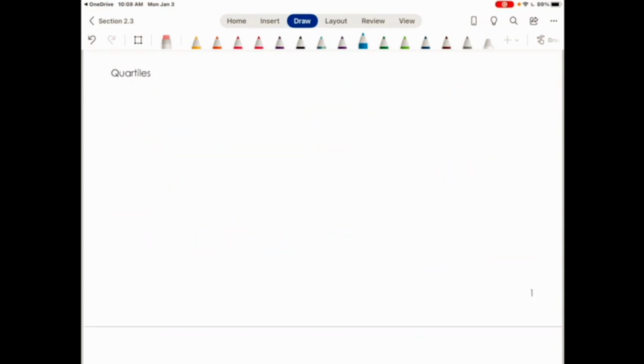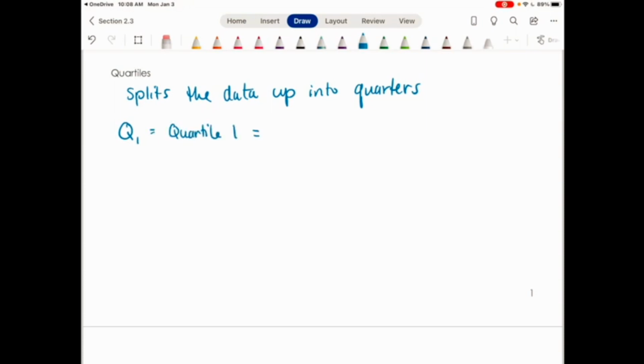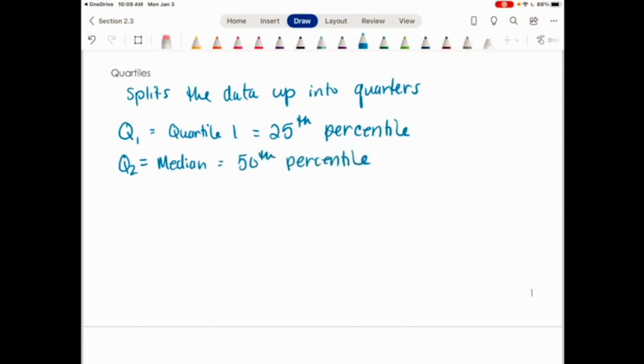The quartiles split the data values up into quarters. So we have notation that looks like this, which represents quartile 1, which is also the same thing as saying the 25th percentile. Then we have Q2, which is also known as the median. These are all different ways of saying the same thing, which we just talked about is the 50th percentile. Then we have Q3, which is the third quartile, and that represents the 75th